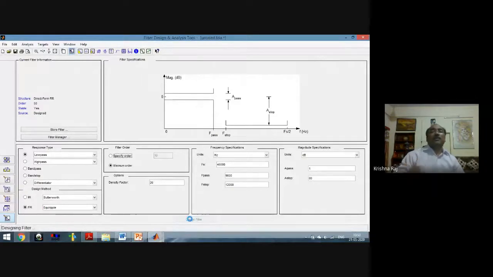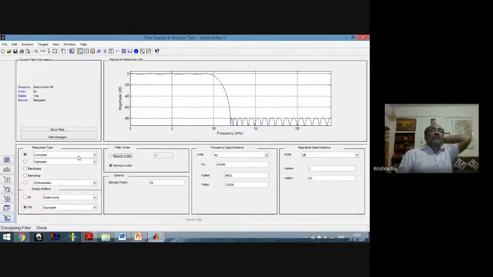Now see, this is the dialog box. In the dialog box we have given the inputs, and from where we have derived the inputs? From our knowledge, experiences, practices, and as per the requirement that was given in order to design the system. And after the calculation we selected the different values here, then we select one option, design the filter. When we say design, as we have discussed, design means we have calculated the coefficients for that particular type of system here.